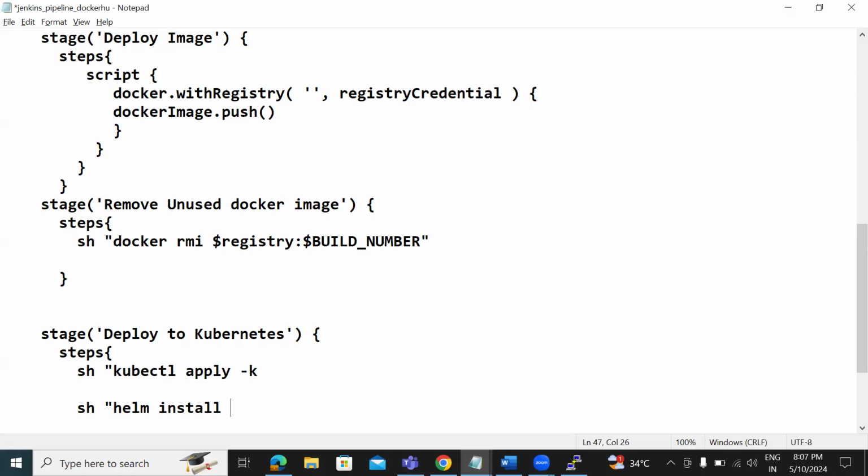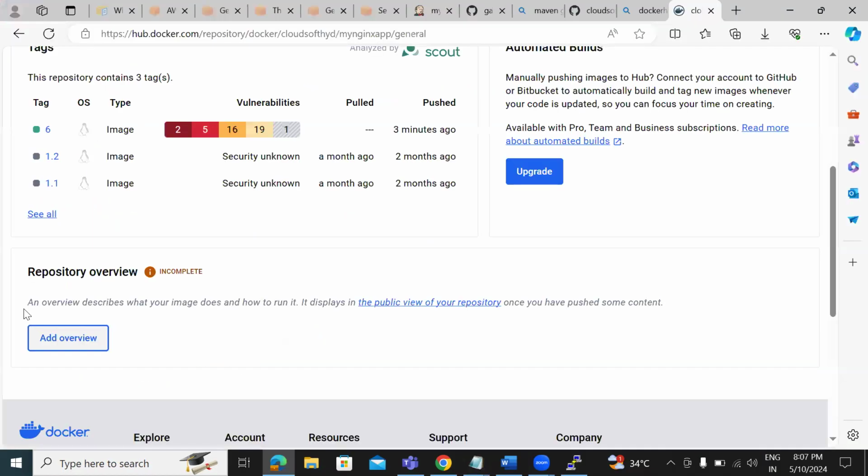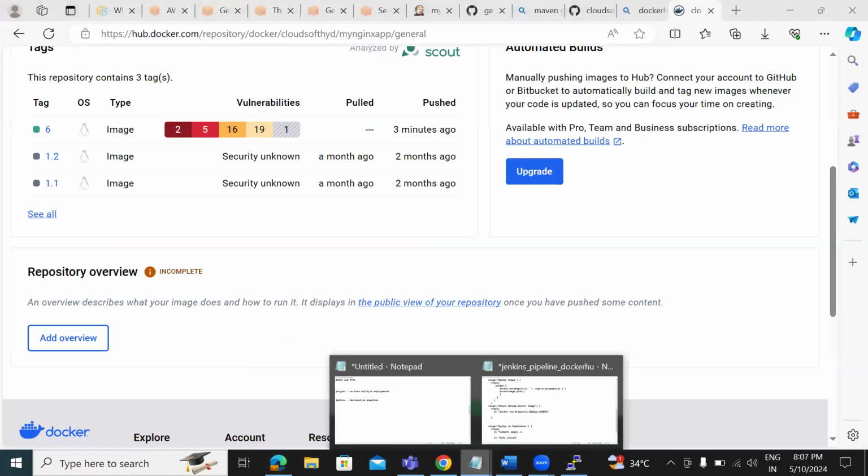So if we are using maybe Kubernetes, then that EKS related plugin also we can add. So like this, we are going to deploy our applications. After that, in one more stage,